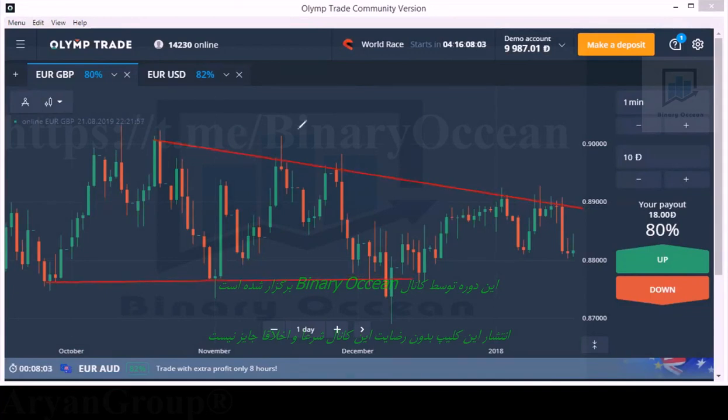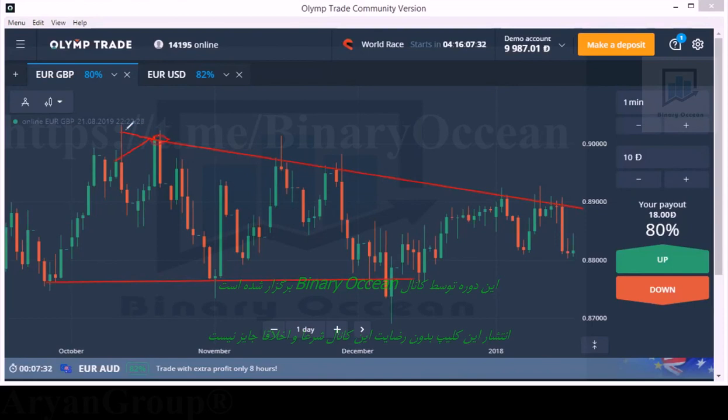Okay, I have drawn only the closing points here. You can draw the wicks too, because in this wick we are seeing buyer's entry and seller's entry, but in this body we are seeing buyers directly. That's why I have drawn this line with the help of closing points. Here we are seeing seller's entry points, but the closing point is here. This is not valid. So from this level, I have drawn this level.